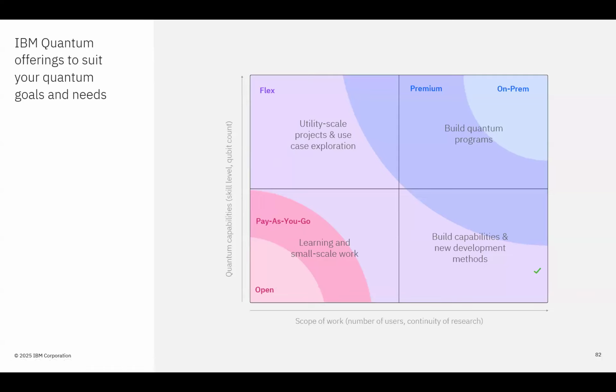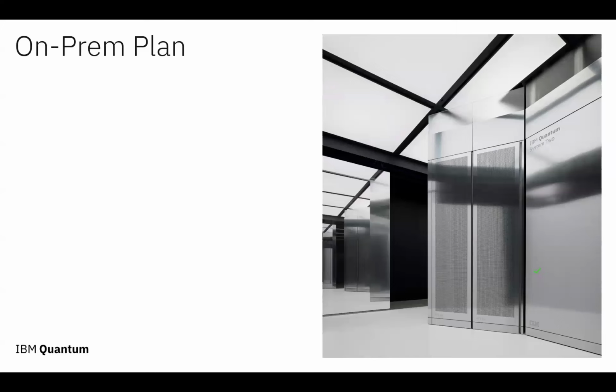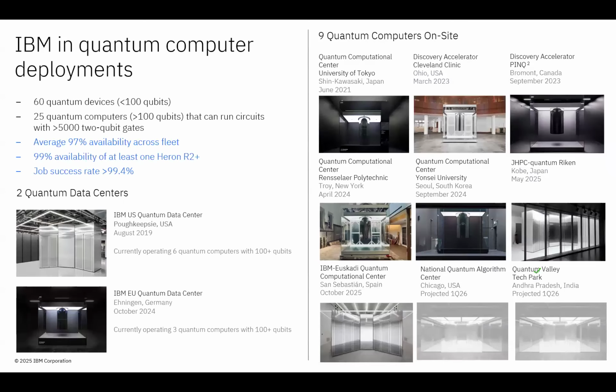partners is creating an on-prem plan, and basically we already deployed the quantum computer systems. So we built 60 devices, less than 100 qubits, 25 devices, more than 100 qubits. And like I mentioned, we have 2 data centers in IBM Cloud, but also you can see here, we deployed those systems across the world, and we are working with the partners to